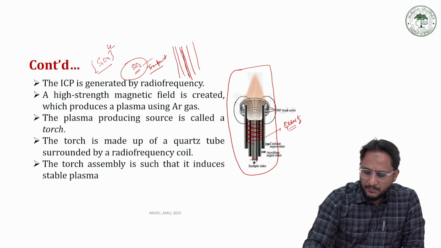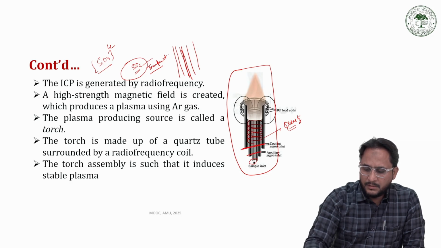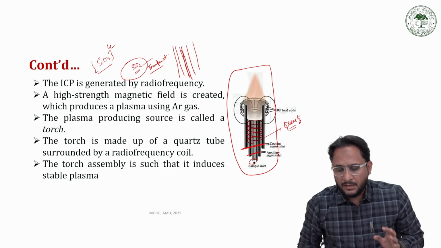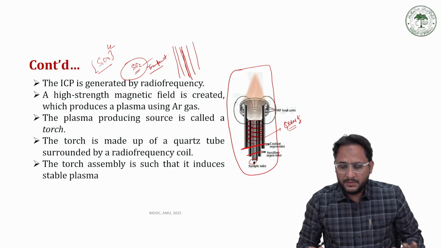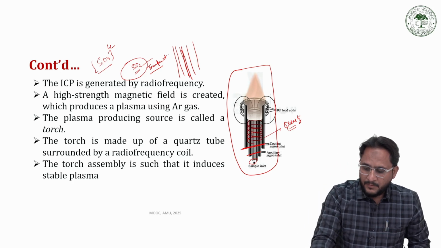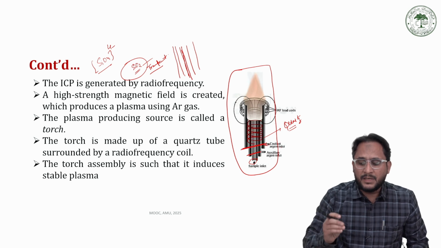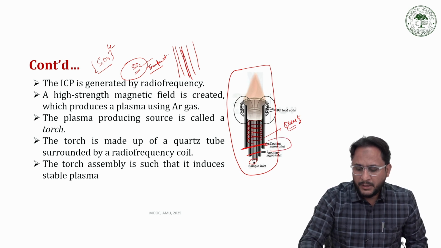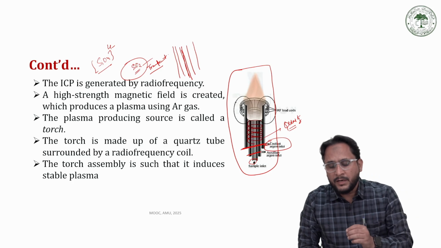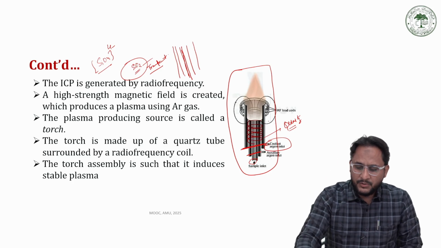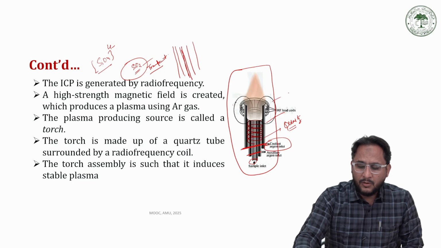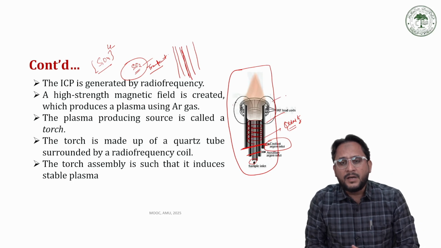As you can see, this is our inner tube, then this is our minor tube, and this is the outer tube. In all these 3 tubes we pass argon gas, which has different purposes. In the outer tube we pass argon gas, which serves as a coolant gas to maintain the temperature and to avoid the damage of this quartz torch or these copper coils, which are used as a coil for passing radio